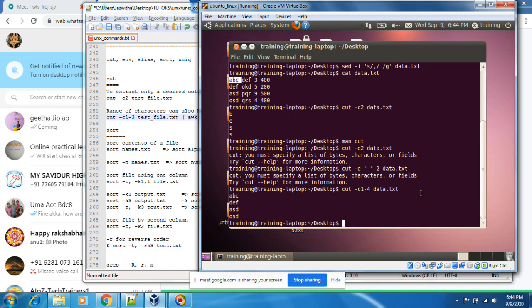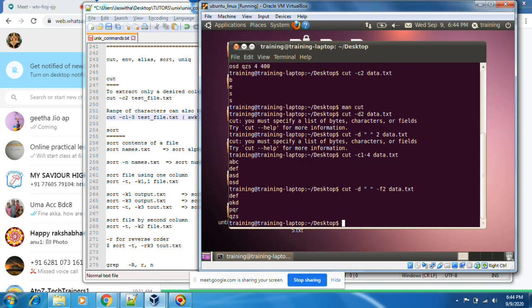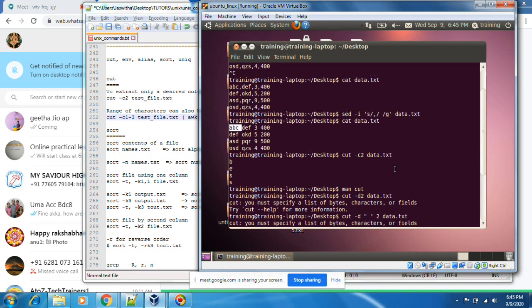Okay. Cut -d, why is it coming? Let's try this. Field. Which field do you want to select? If I want to work on a comma separated value file, let's see.